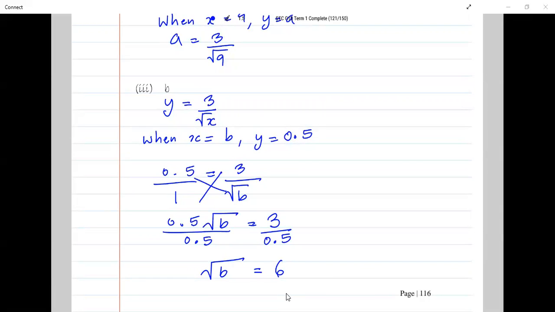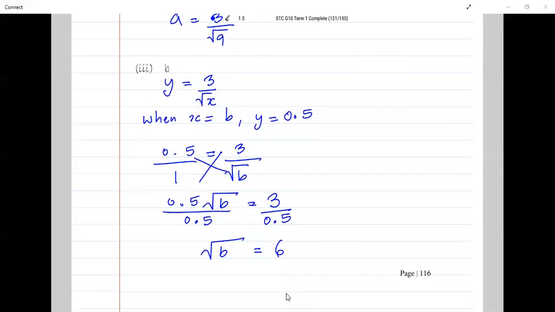So the square root of b is equal to 6, because 3 divided by 0.5 is 6. Now to get rid of the square root, I must square both sides. So therefore, b is equal to 6 squared, which is 36. All right, ladies and gentlemen,